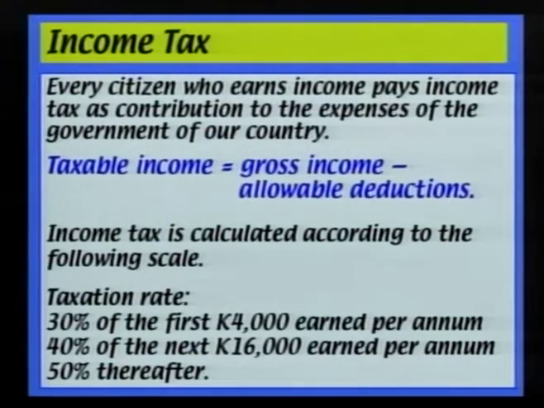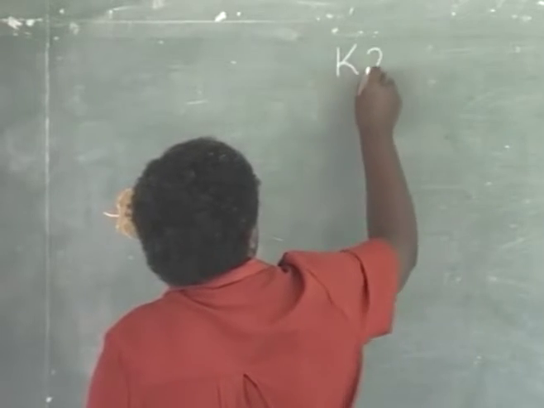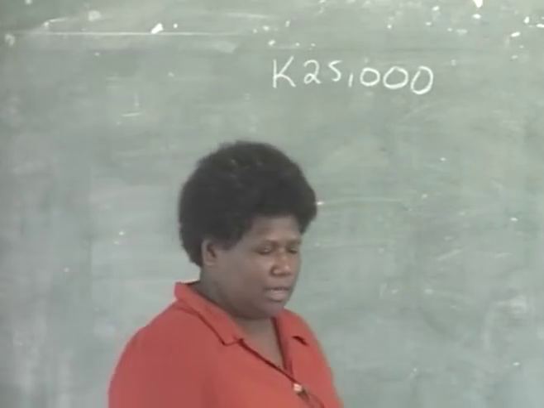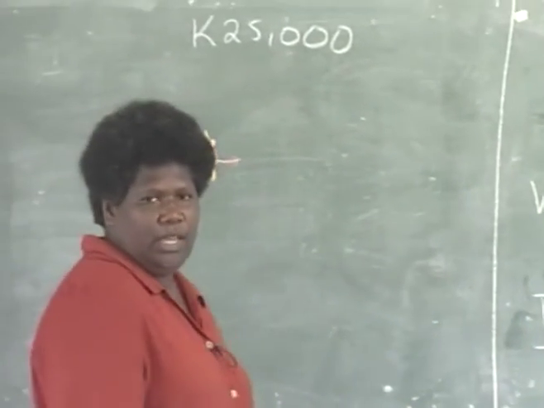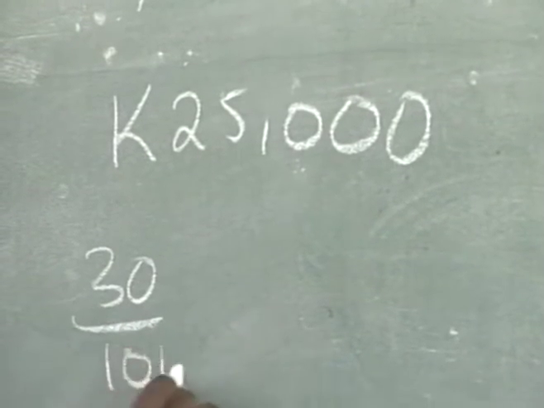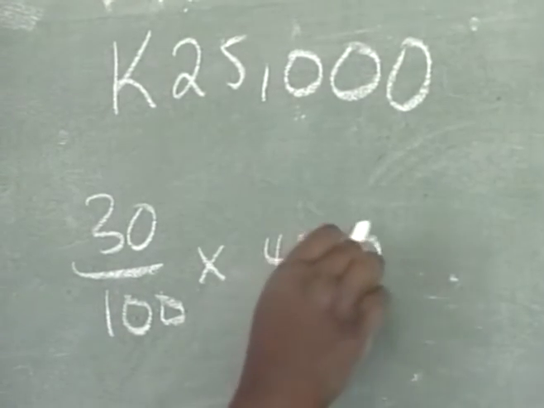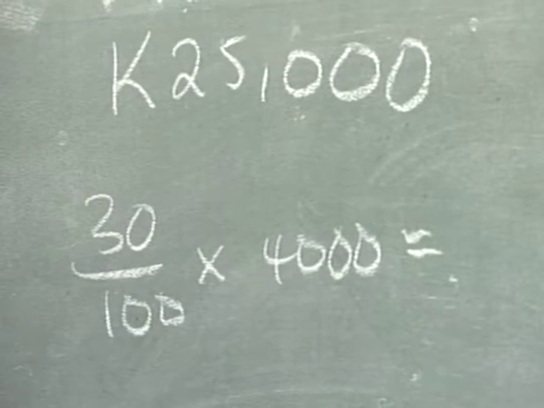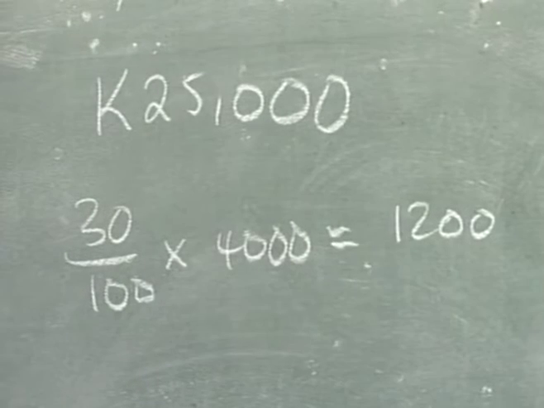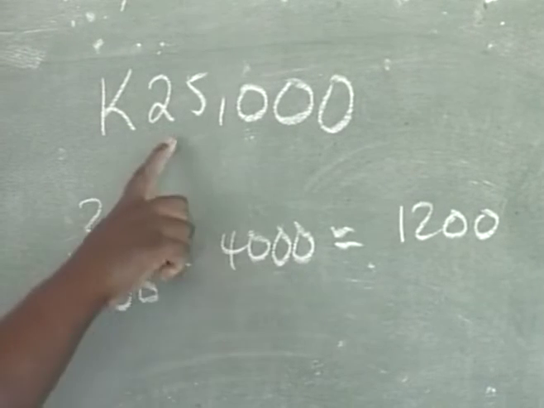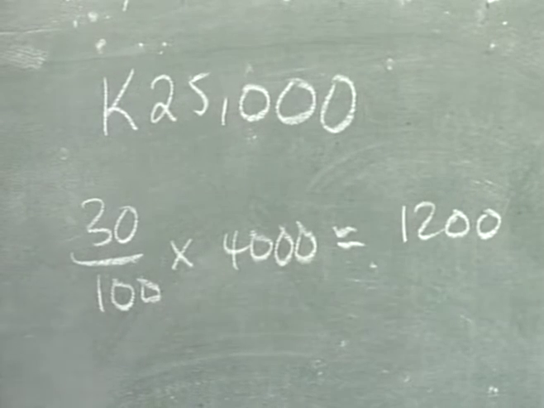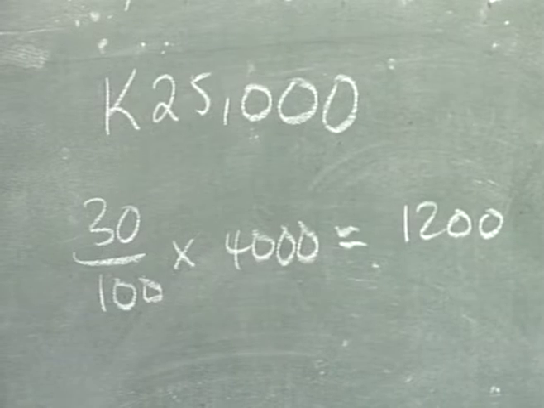By the time that you work, you'll probably be earning 25,000 kina a fortnight, because tax is calculated in PNG every fortnight. If you earn 25,000 kina, first 30% of the first 4,000 kina will be calculated for tax, and that's around 1,200, correct? Okay, how much money do I have left? You take away 4,000 from 25,000, now I've got 21,000 left, which is more than 16,000. So of that 21,000,